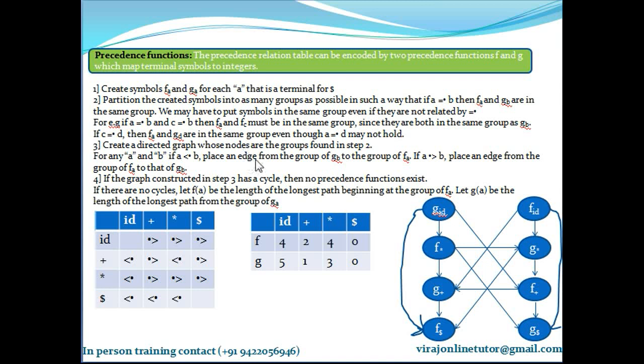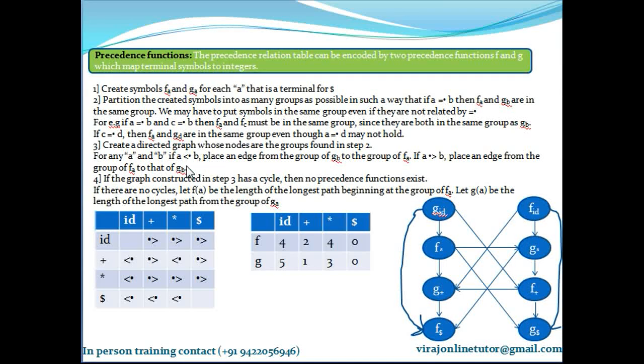Again, here I am giving you all a small tip. The first small tip that I gave to you all was always f is on the left, g is on the right. Second tip says always draw arc from greater than to less than sign. So if I have this relation, you will draw arc from where to where? G of B to f of A.